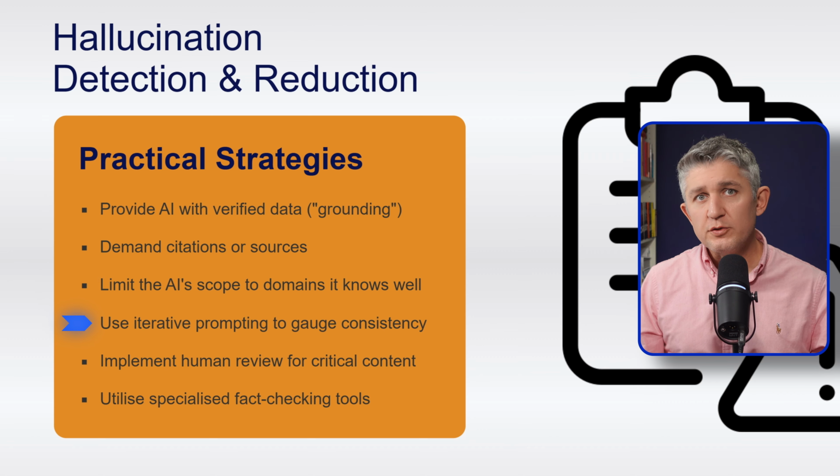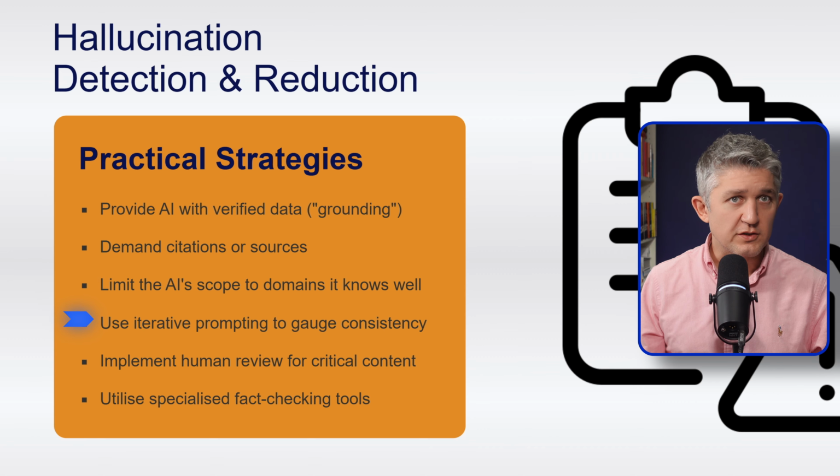You can use iterative prompting for consistency. Ask the model to recheck its answers, such as: list 3 possible errors or missing sources. Paraphrase the question and compare the results. See if you end up with something completely different. If answers conflict, escalate for review.